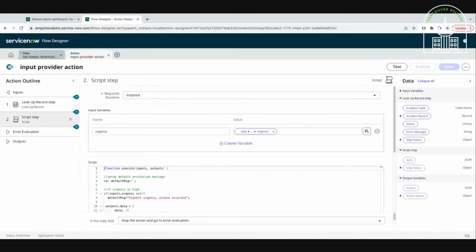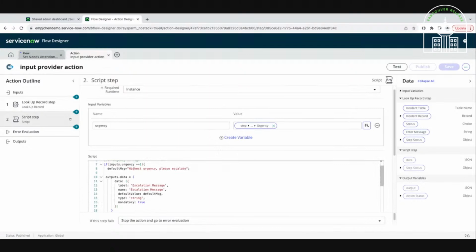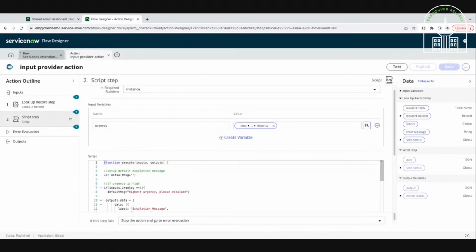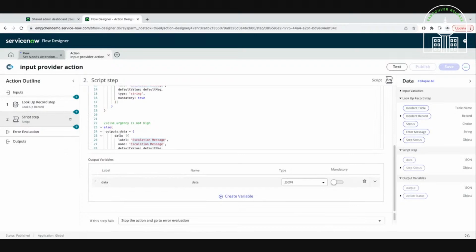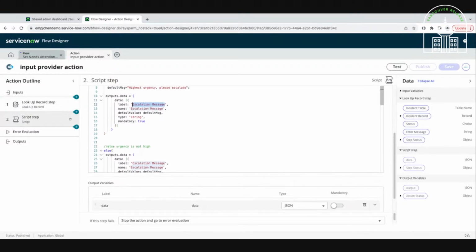And then in the scripting piece, basically what I'm doing is, if the input urgency, so if that incident's urgency is high, is 1, then we have this one hard-coded default message. And then that default message is looped in as part of the output. So in order for the dynamic inputs to show up properly, we must have an output. It's called data here, but later in the output step, I'm actually going to connect that and wire that properly. So we must have an output saying, hey, these are going to be the dynamic inputs dynamically showing up when